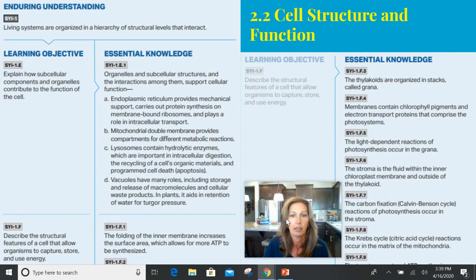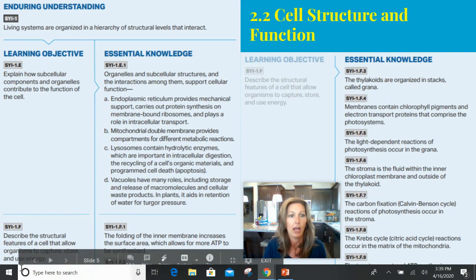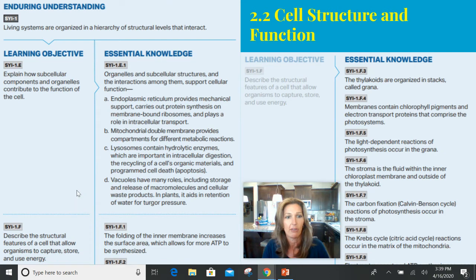Now, in 2.2, cell structure and function. Some of the learning objectives are understanding how components of organelles contribute to the function of the cell. Here they're talking again about the endoplasmic reticulum, the mitochondria, lysosomes, vacuoles. They also want you to understand some of those structural features that allow for organisms to